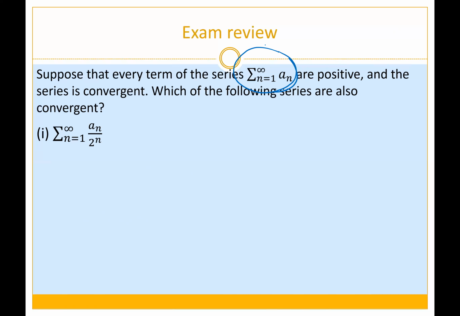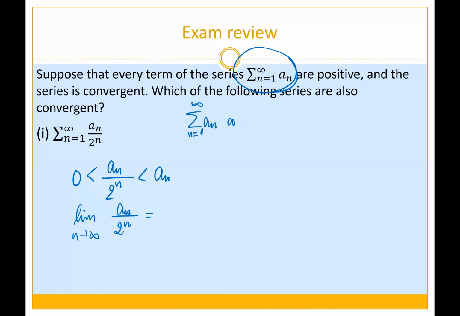So I'm going to do a direct comparison test. Everything here, a_n, is positive, so divided by 2 to the n it's also positive, and it is smaller than a_n. Then you have the limit as n approaches infinity of a_n over 2 to the n. Since the series of a_n converges,